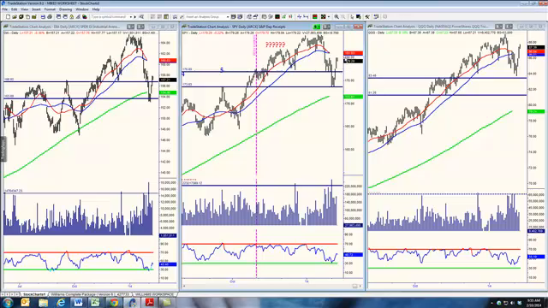Now let's look at the bounce. The bounce here has gotten almost halfway back. The Dow, of course, the safe ones, my gosh, it hasn't even gotten a third back. And then the ugly old aggressive ones, the ones that talk better about the future, well, they're over 2/3 back. So